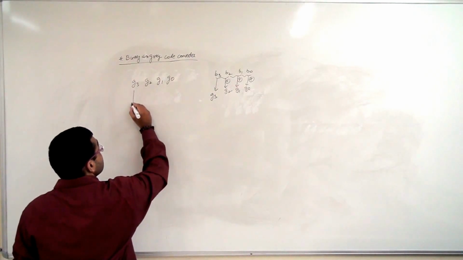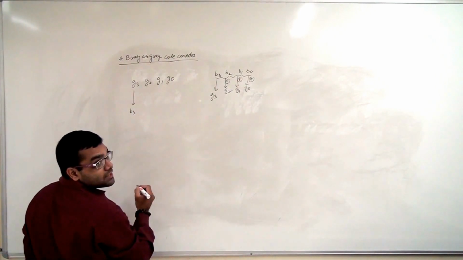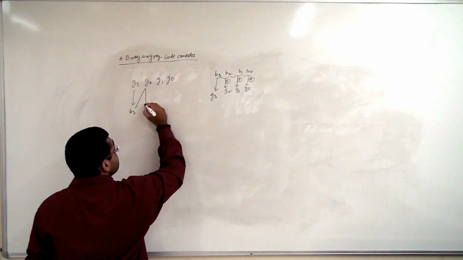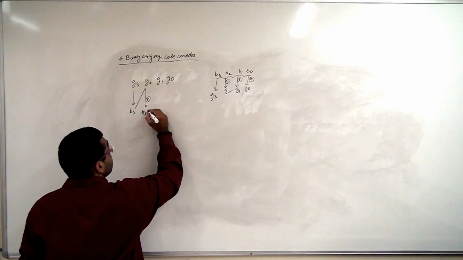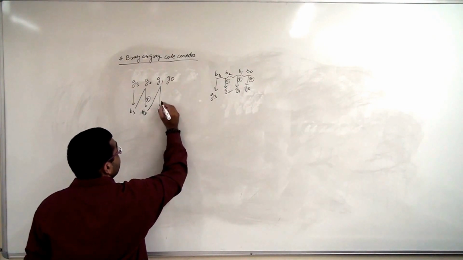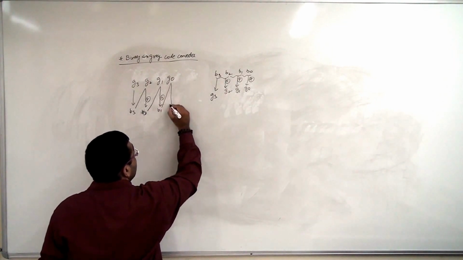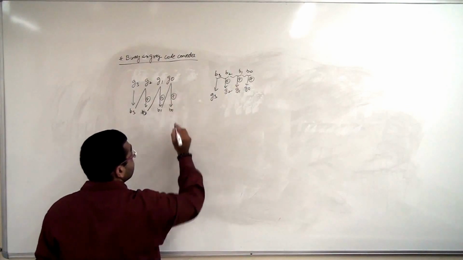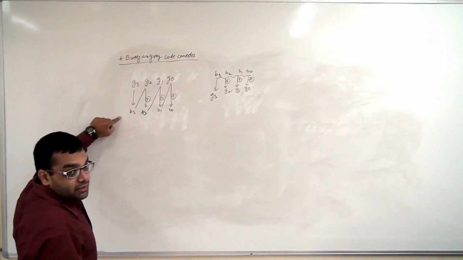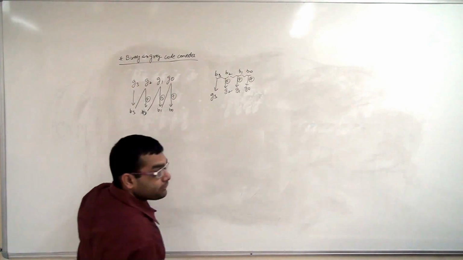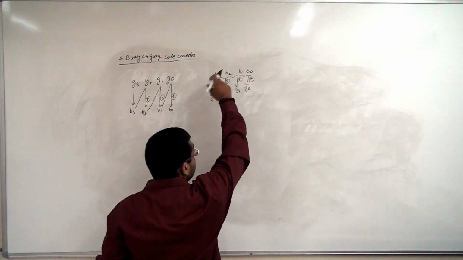Here this remains the same as B3. Now XOR of B3 and G2 generates our B2, XOR of B2 and G1 generates our B1, XOR of B1 and G0 generates our B0. So first of all, this is a gray to binary converter, this is binary to gray. First of all, I draw this circuit, this is very simple.